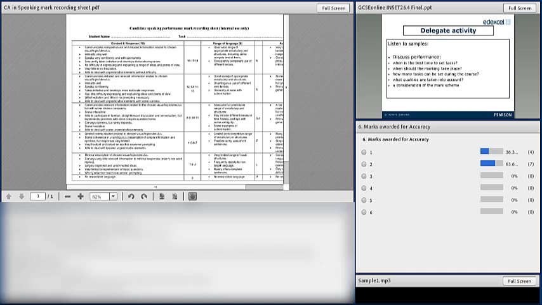Now, the final score for this candidate was 11 marks, 7 plus 2 and 2, which last year was an F grade. If you have any questions on this candidate, do type them in now, because otherwise we move on to the next one. Alessandra doesn't agree, but I'm not sure why.